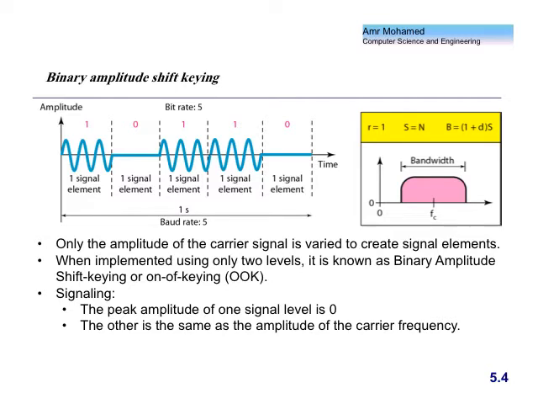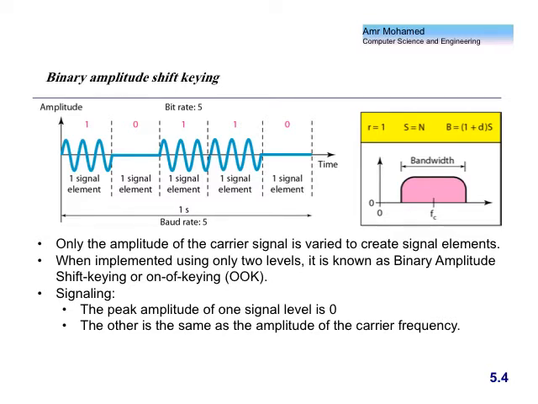So nothing new here. Typically, the sender will use some kind of filtering circuit which generates a signal which is above the minimum bandwidth. And that's why we have the factor d here. So if d is 0, this means that I have the minimum bandwidth, which is the signal rate, which is N.